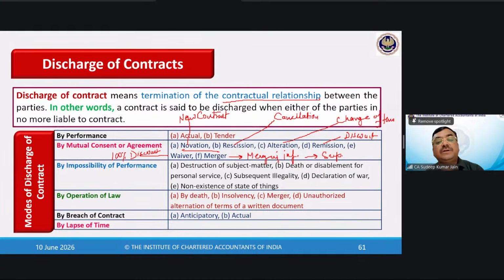By impossibility of performance, where performance becomes impossible: destruction of subject matter, death or disablement for personal services, subsequent illegality, declaration of war, non-existence of state of things. By operation of law, compulsory,